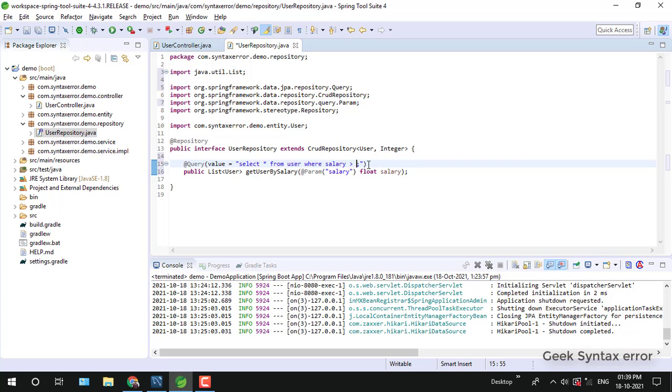I don't want to hard code any value here, so I just create a variable. At runtime, whatever salary we pass will be fed to the SQL query, and this native SQL query will be executed by the CRUD repository. After that, we need to pass a flag saying that it's a native query.